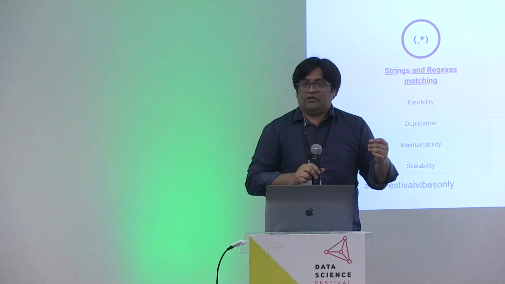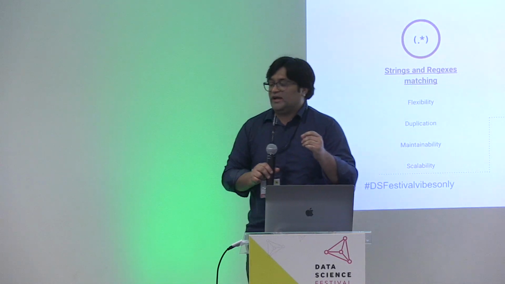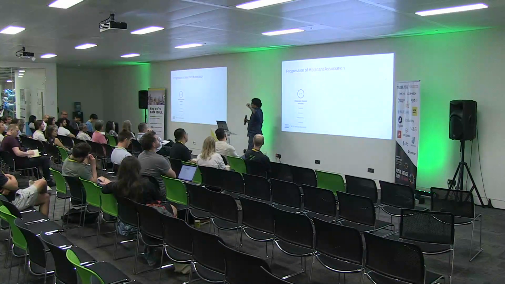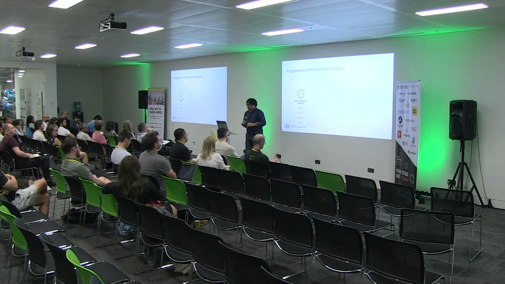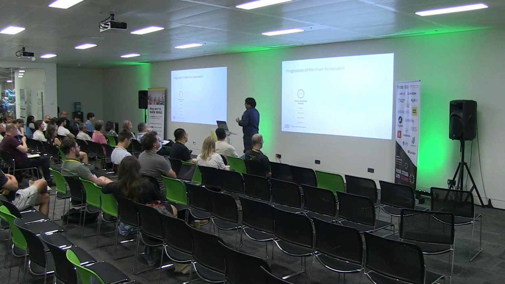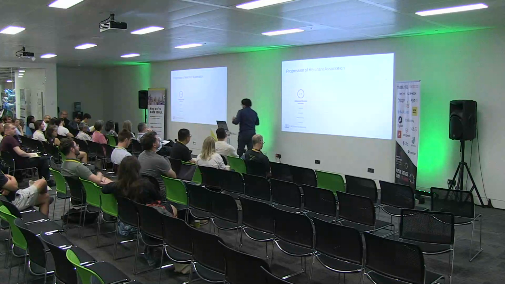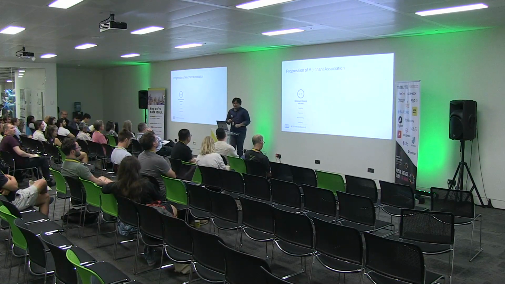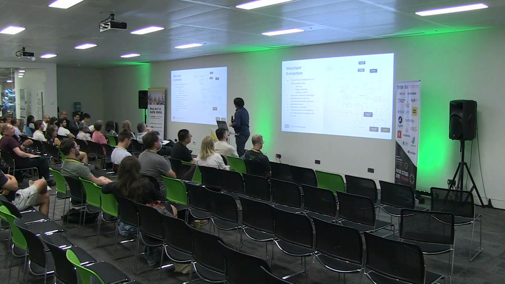This could end up in lots of duplication, where we could have a similar merchant that would eventually have to be matched with the right merchant that already exists in the database. Similarly, maintainability and scalability is an issue because the user base is always growing. They would be having different banks all the time. So writing all those regexes for all the banks and all the users we have would not be feasible. So this is what it looked like previously.